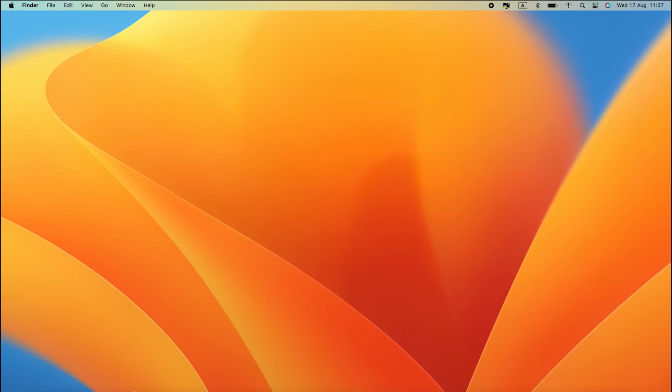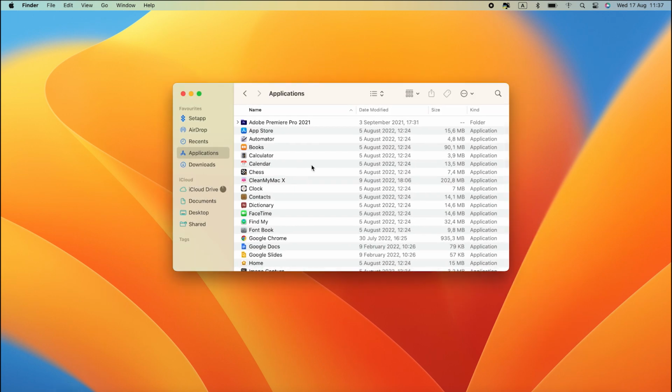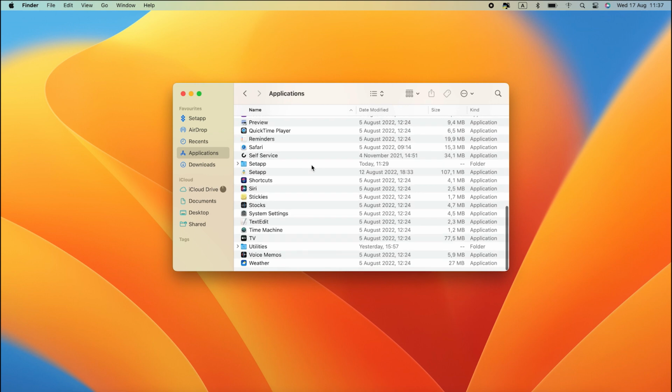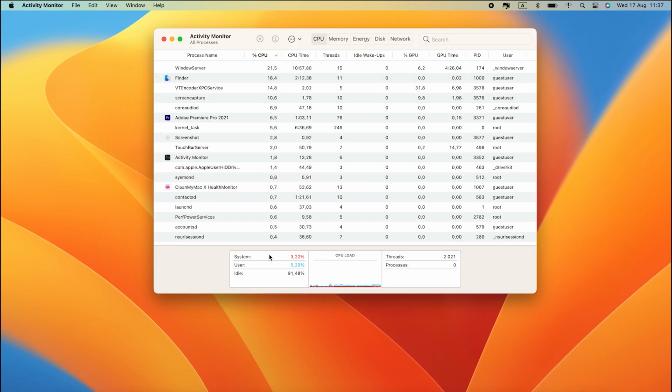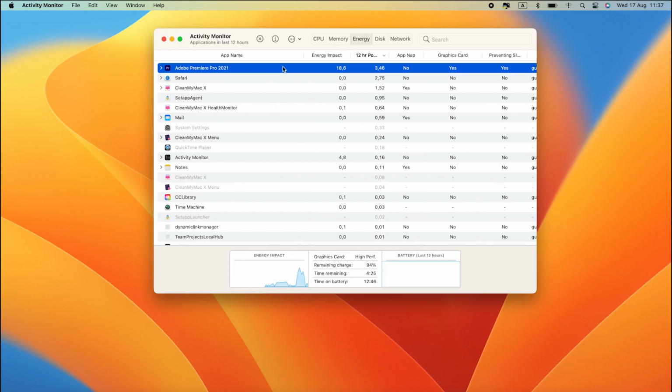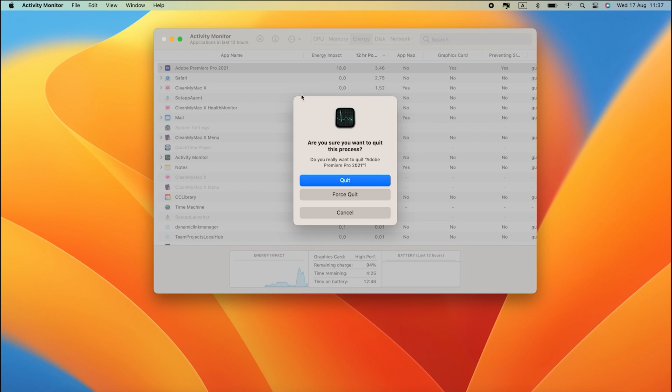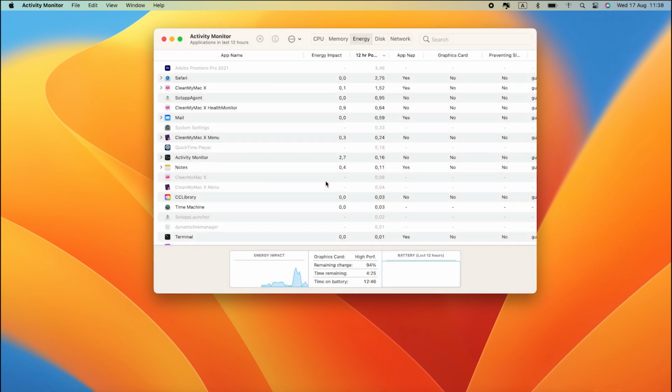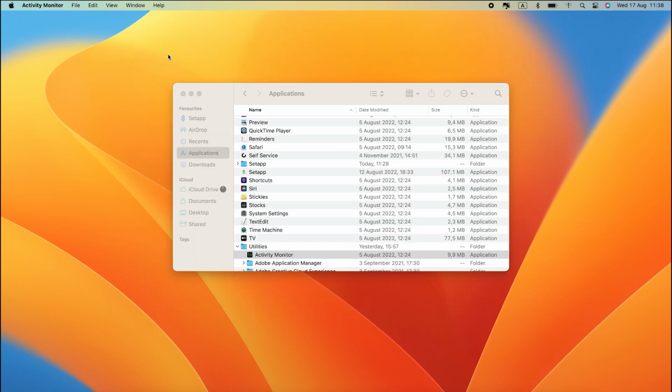The first thing you can do is check Activity Monitor to see how much energy each of your apps is using. All you have to do is open a new Finder window, go to your Applications folder, then scroll down to Utilities. In there, you'll find Activity Monitor. Open it up, click on the Energy tab. From there, you'll be able to see if there's anything using an abnormal amount of energy. If you do find something strange going on, you can just click on the app and go up to the X button to force quit it. Hopefully, that will fix your battery drain issue.